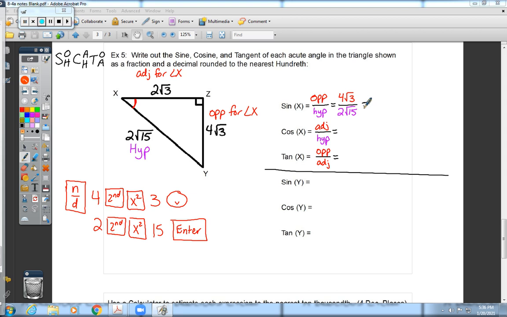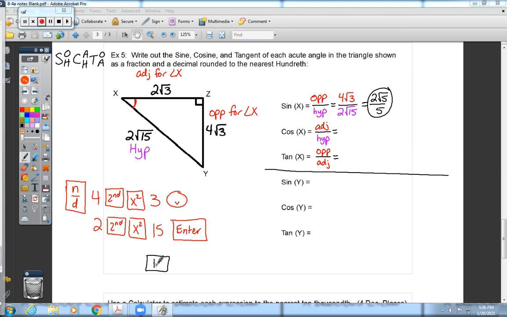Now, if you do not have a math print button on your calculator, you will not be able to get the radical expression reduced. That's okay, because you will still get the correct decimal answer. Okay? So to get the decimal answer, you would then push the convert button, which again looks like a pair